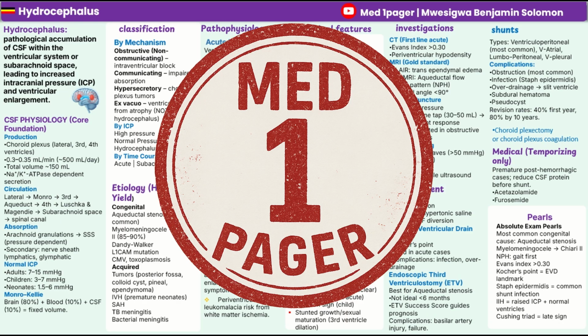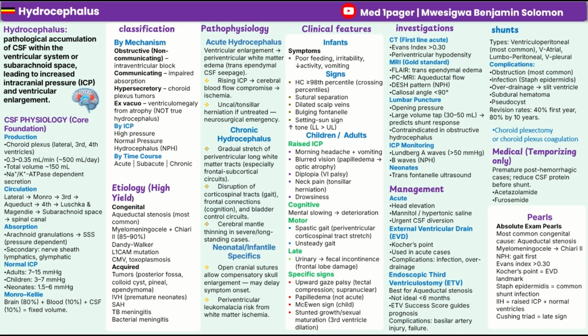This is Made One Pager, and I cover high-yield medical topics on a single page. In this video, we're going to cover hydrocephalus. We're going to look at the different classifications, etiologies, the pathophysiology of the manifestations, the different clinical manifestations, both in children and in adults, and the investigations. We shall end with some of the neurosurgical interventions that are done. And at the end of this video, I'll give you some important absolute things that you always have to remember